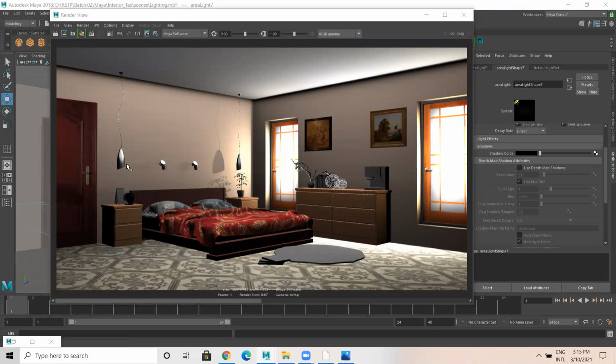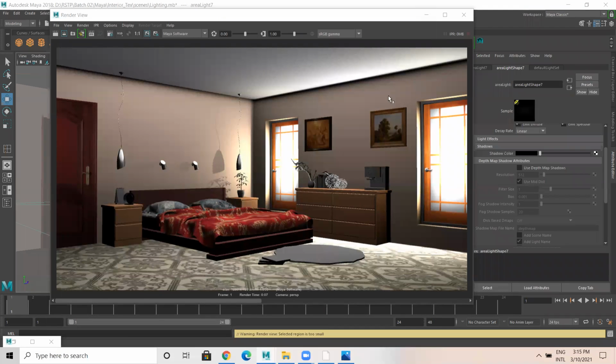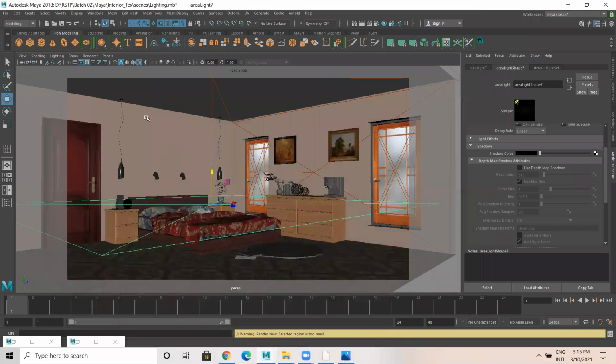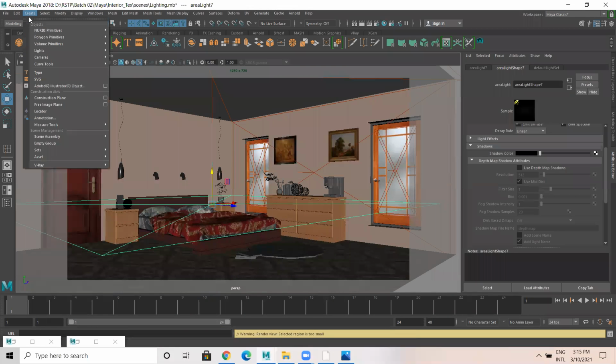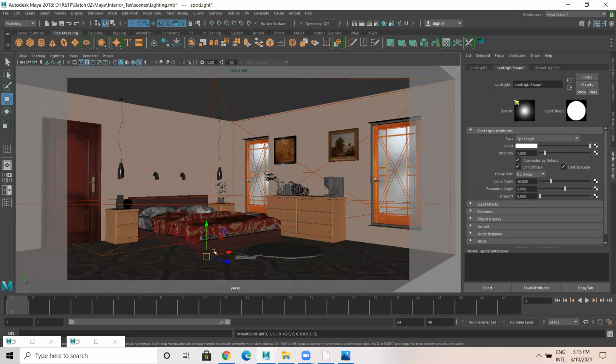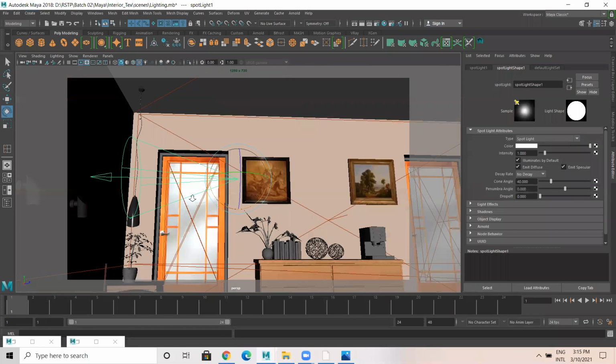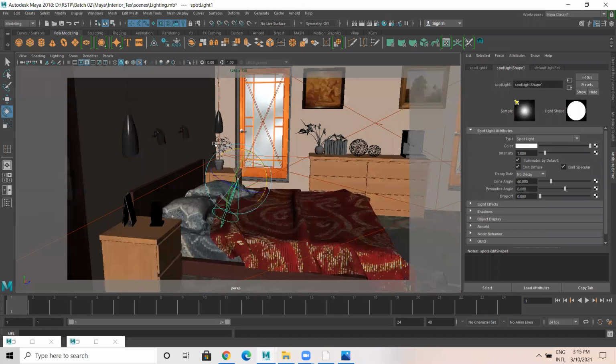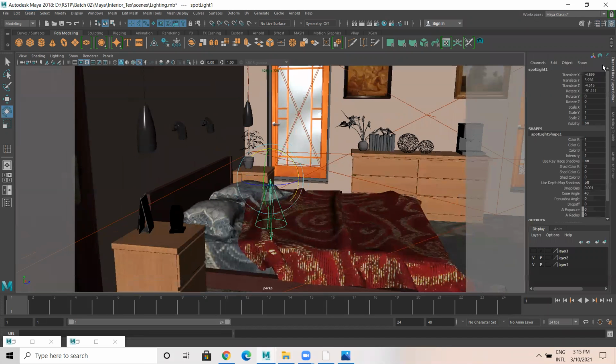Okay. There are certain spotlights here. So in this case, for the spotlight, I'll use another light called create light. You have a spotlight. Select the spotlight, place it here, and I'm going to rotate this spotlight like this, give -90.